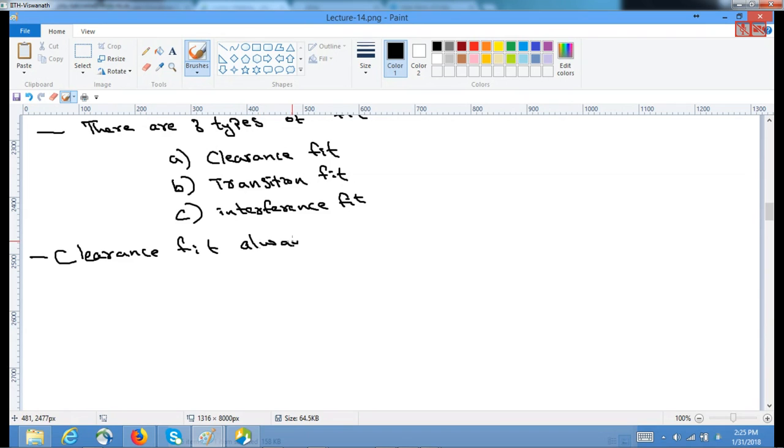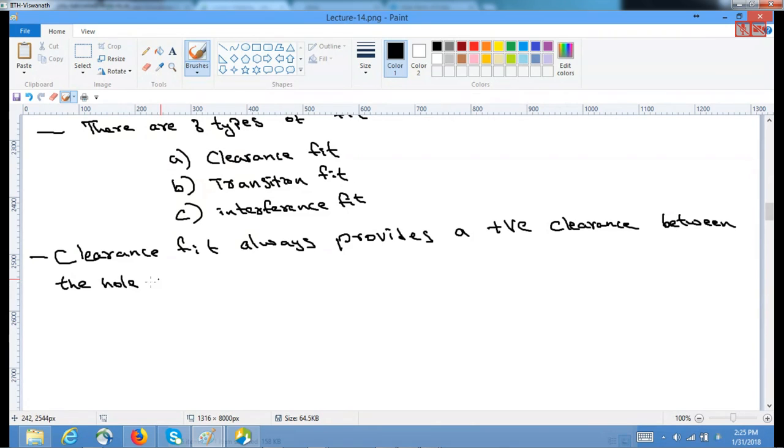it always provides a positive clearance between the hole and the shaft over the entire range of tolerances,